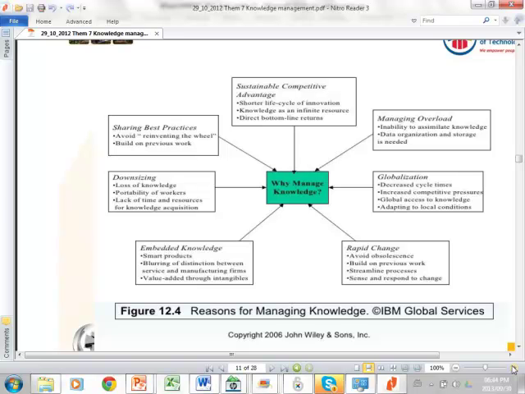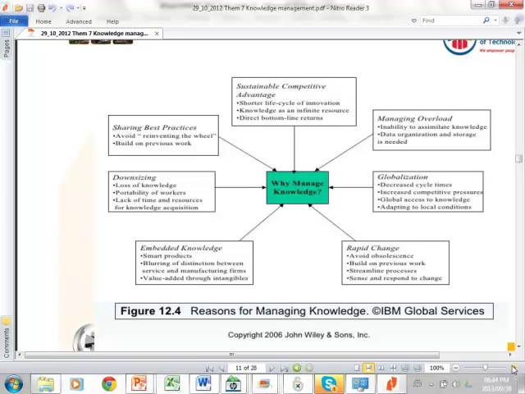Because downsizing happens in our current economy. We went through a recession a few years back, while they say it was a downturn, but I think it was actually a recession, and people lost their jobs. The problem is when people lose their jobs, you lose the knowledge. And so you need to understand that when you downsize. So have we captured all the knowledge that we need before we downsize?